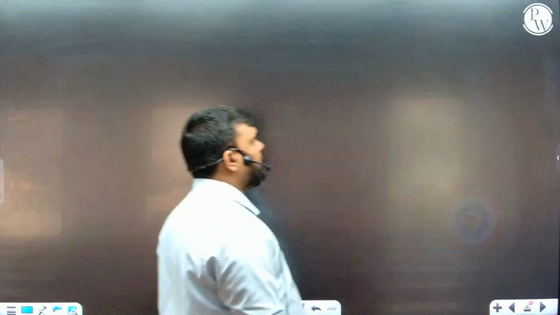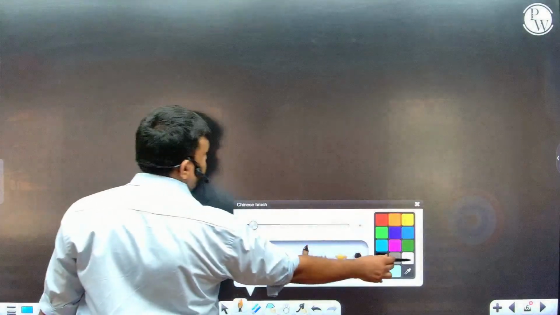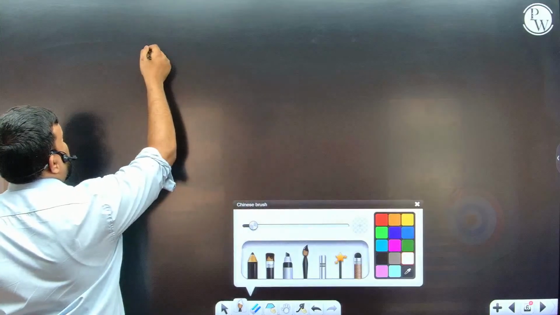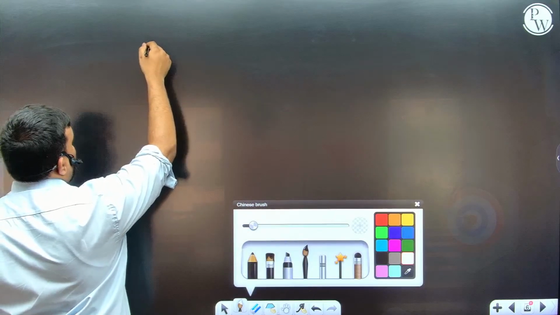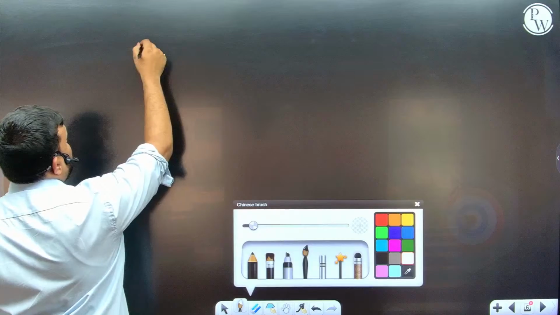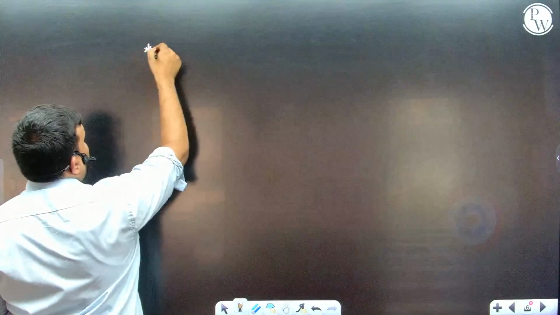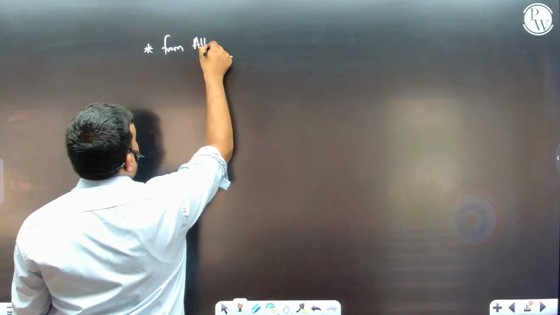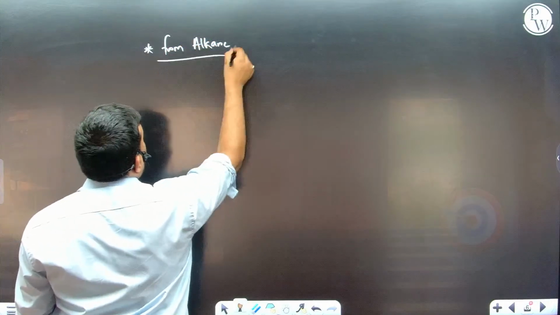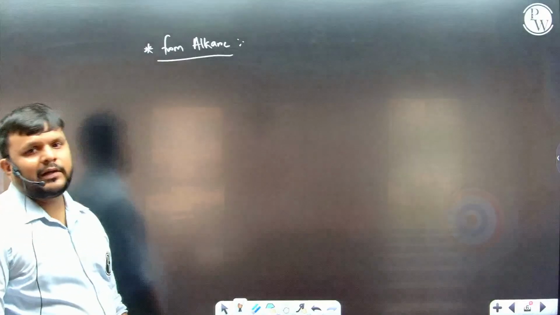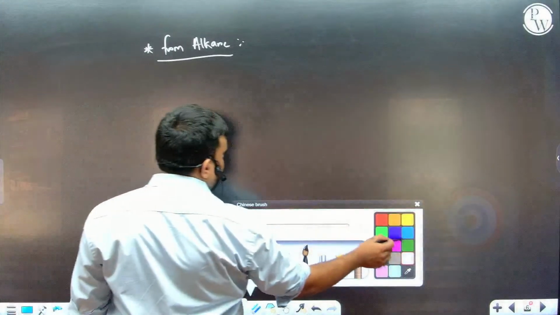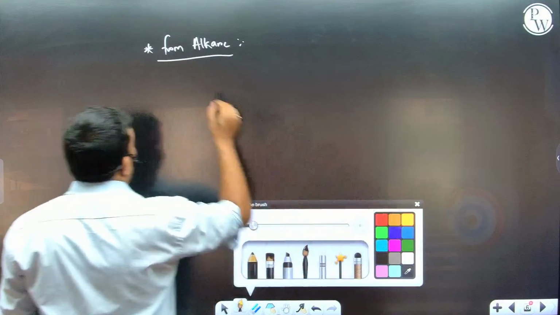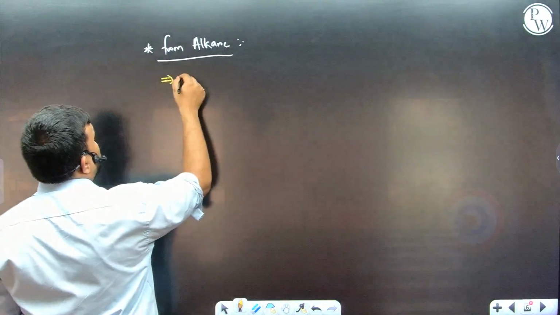Now I am having preparation of haloalkane from alcohols, and then let us prepare them from alkane. Now we will be having preparation of haloalkane from alkane. Okay. So what is the method? We already studied this in hydrocarbon chapter. That is nothing but